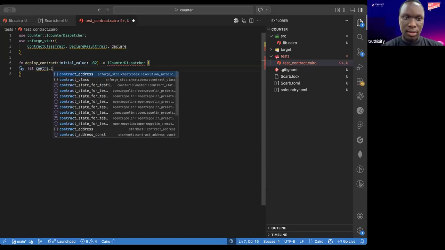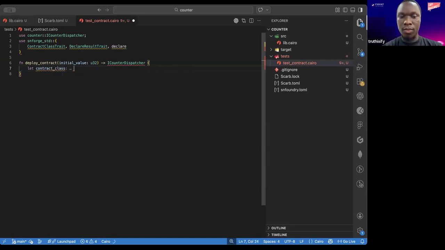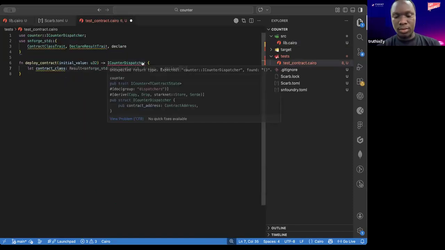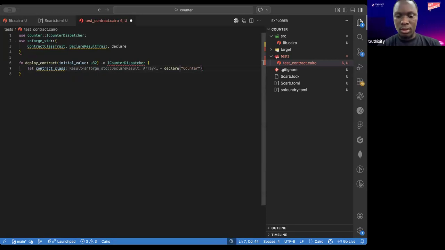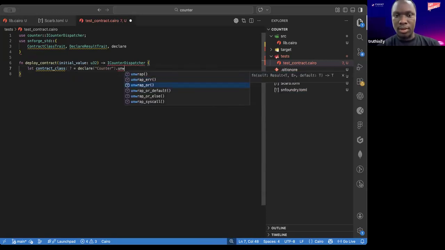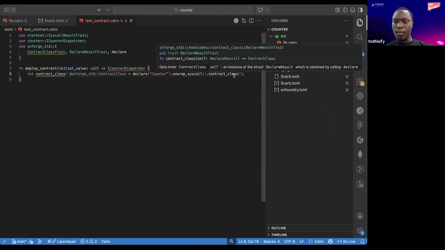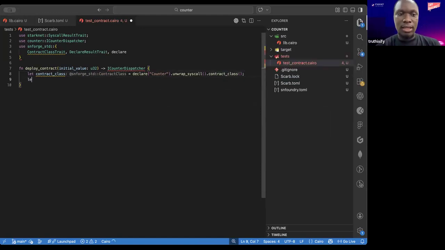So the first thing is, let's write the contract class. This is equal to declare, and the name of our contract, which is this. Then you want to do an unwrap syscall dot contract class. So this is the contract class. That's the first thing you need to do. And for deployment, the next thing you need to do is